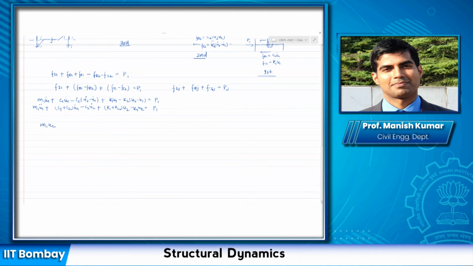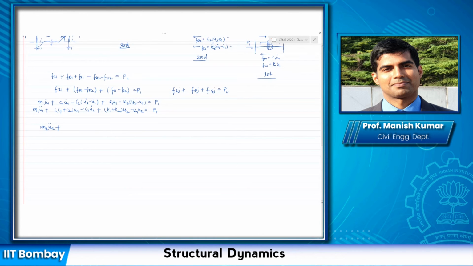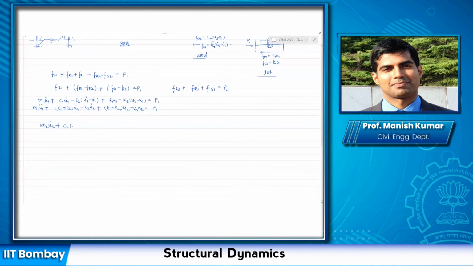I would get m2 u2 double dot plus Fd2 minus Fd3, and that can be written as, in this case, let me write down here, c2 of u2 dot minus u1 dot, minus of c3 of u3 dot minus u2 dot, plus k2 of u2 minus u1, minus of k3 of u3 minus u2, and that is equal to p2, which can be further rearranged to be written in this form as,